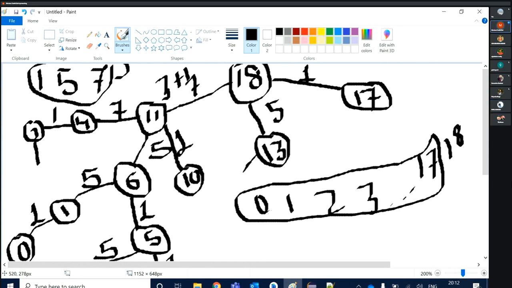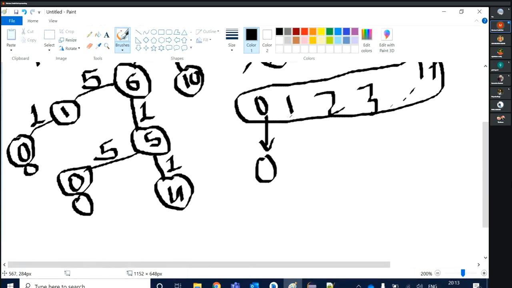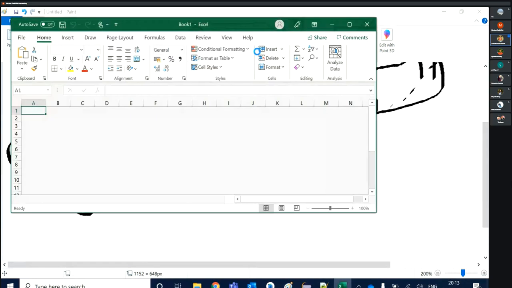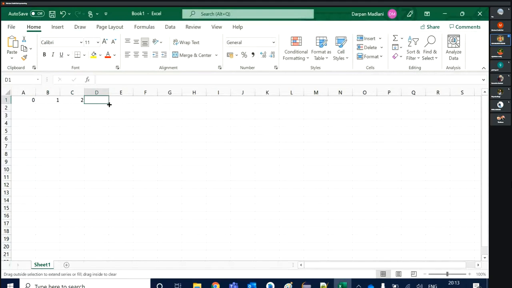For 0, my answer is 0. For 1, my answer is 1. When you're storing all the answers in an array before, then we can go directly to the answer.